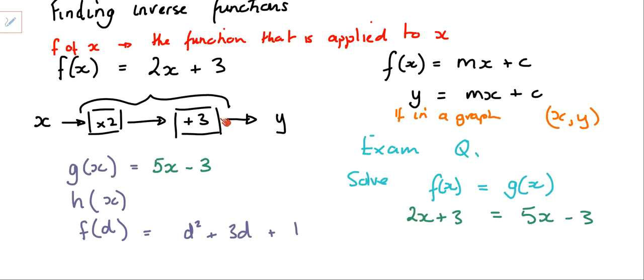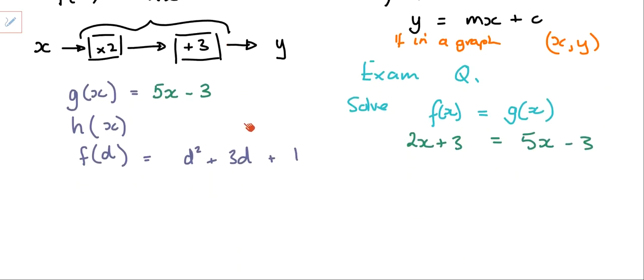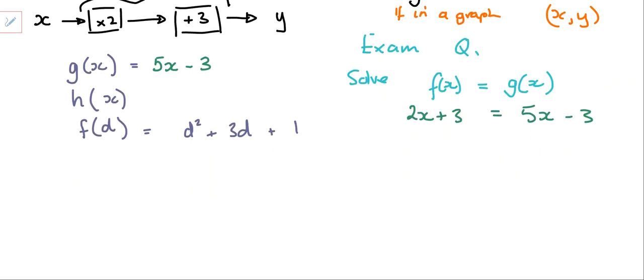Does that make sense at the moment? So it's just f of x, g of x, h of x. Make sense? Okay. So a couple of things we need to go through then, just with function notation, which is,